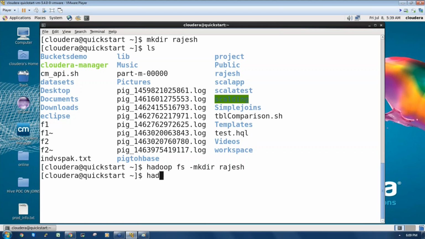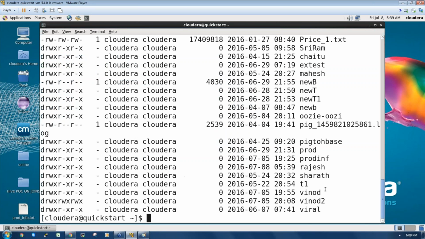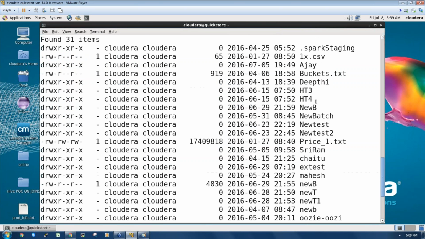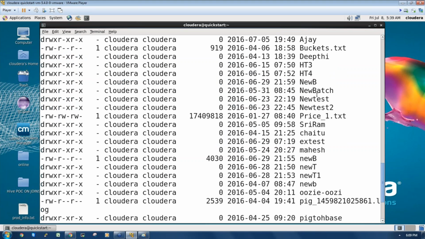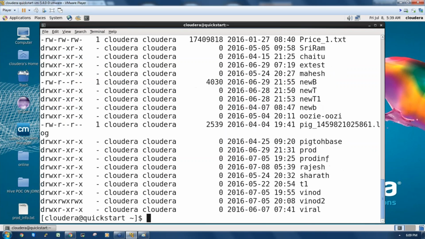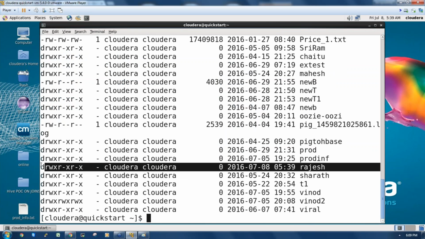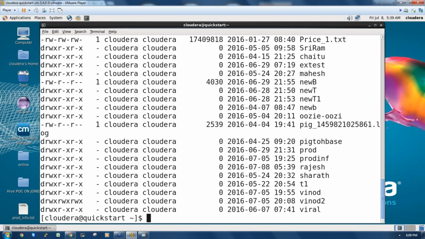To access this, if you write hadoop fs -ls and press enter, now we can see the directories which are available in the HDFS file system, and the directory which we have created, Rajesh, is available here. So in this disk I have the local file system as well as the HDFS file system.